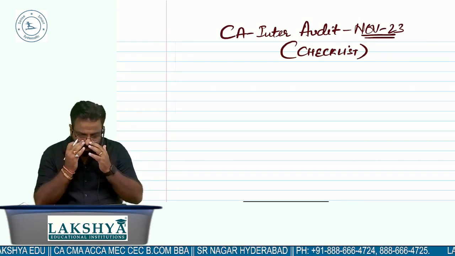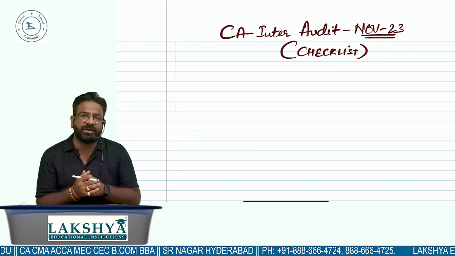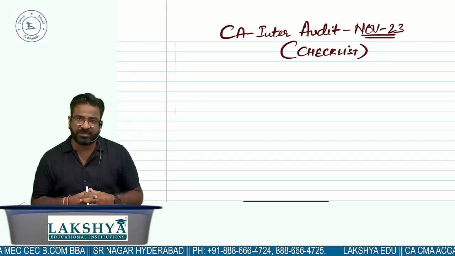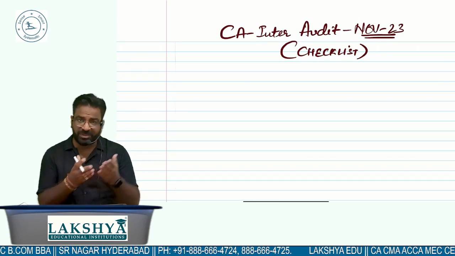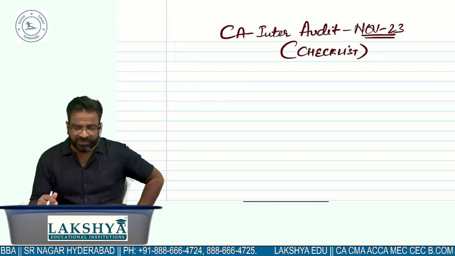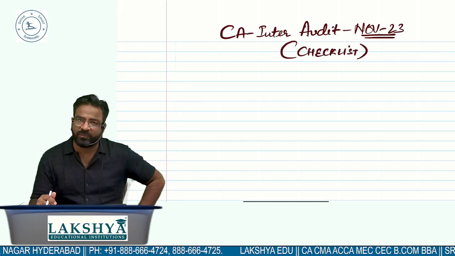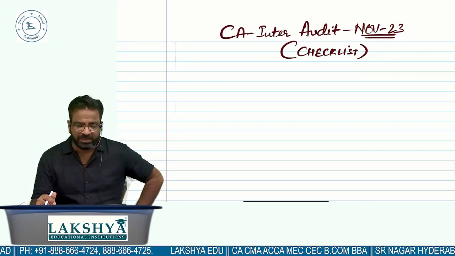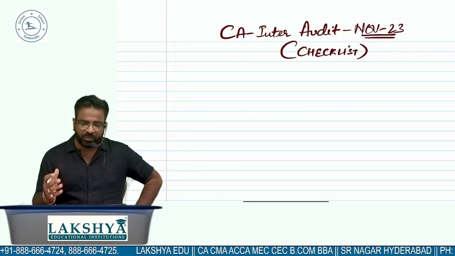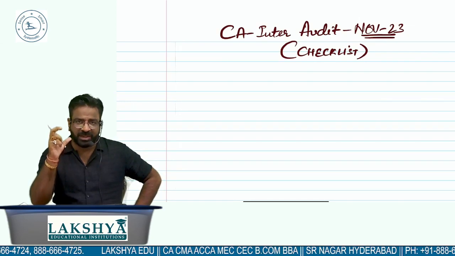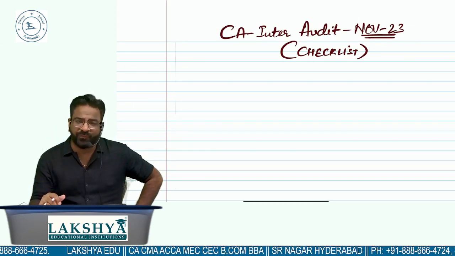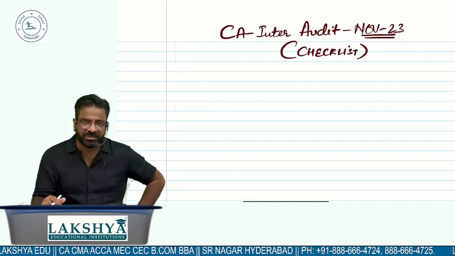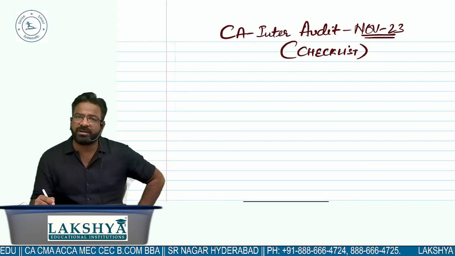Welcome all to this video on the checklist of what you need to do for the CA Intermediate examinations, which are already happening. First of all, I hope your Group 1 went very well and your Advanced Accounts paper also went very well. So I'm going to let you know the checklist of areas which you need to do first, sequence wise, in your CA Inter audit examination, which is going to happen on 13 November, right?